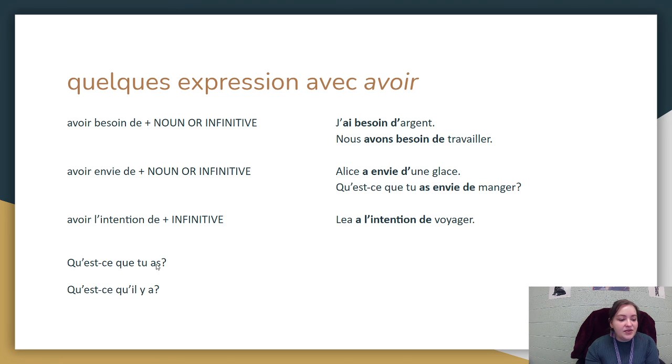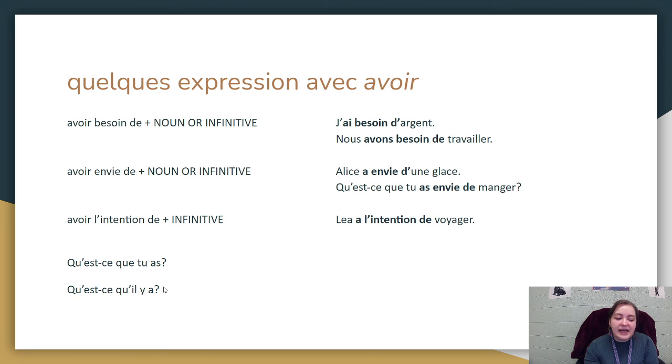And then the last two are just two complete phrases that are really common in French. You need to know these for the listening portion of the quiz 1.3. So when you write these down, I want you to go ahead and put a star next to them. They're in your Quizlet, but I don't want you to forget that you need to know what these mean. So for instance, we've got qu'est-ce que tu as? This means, what's wrong? You would say this if you saw someone who looked like something was wrong. Qu'est-ce que tu as? What do you have?